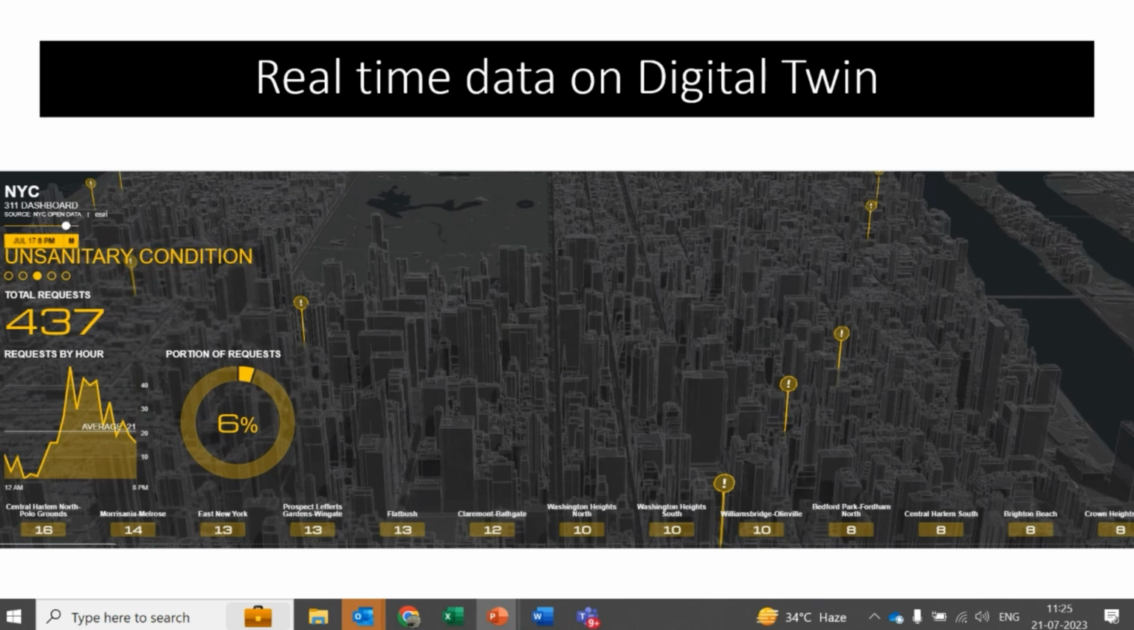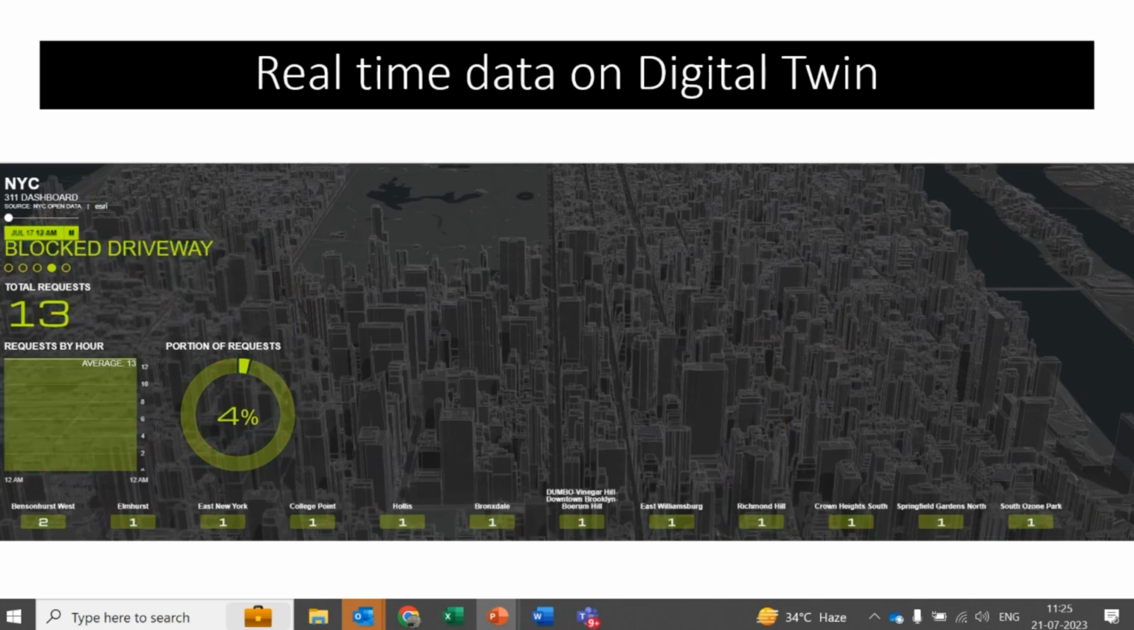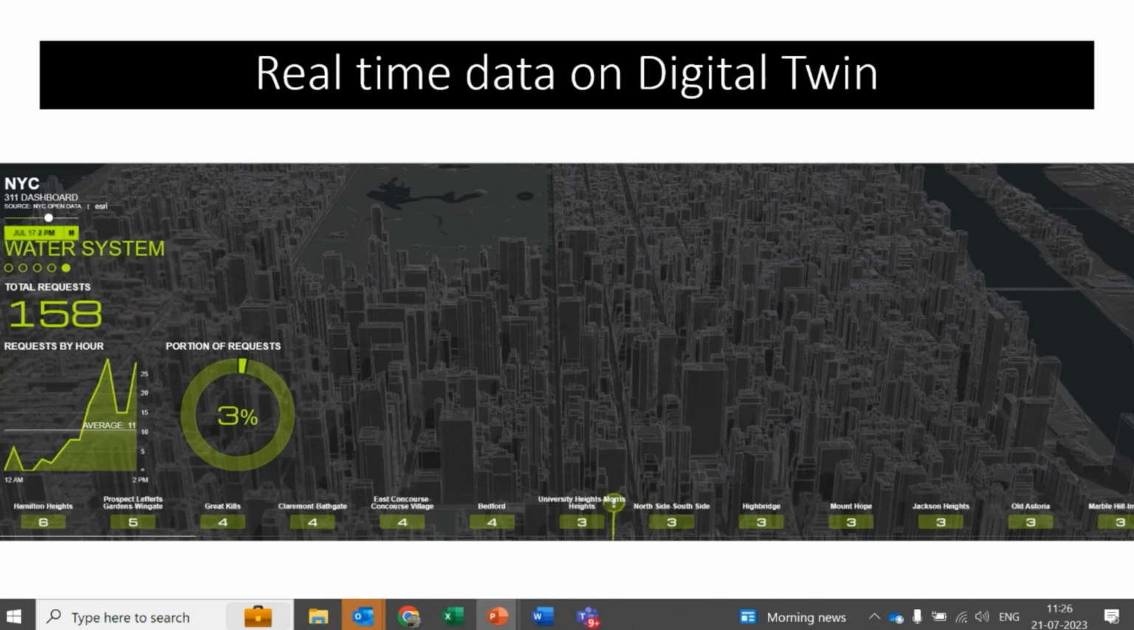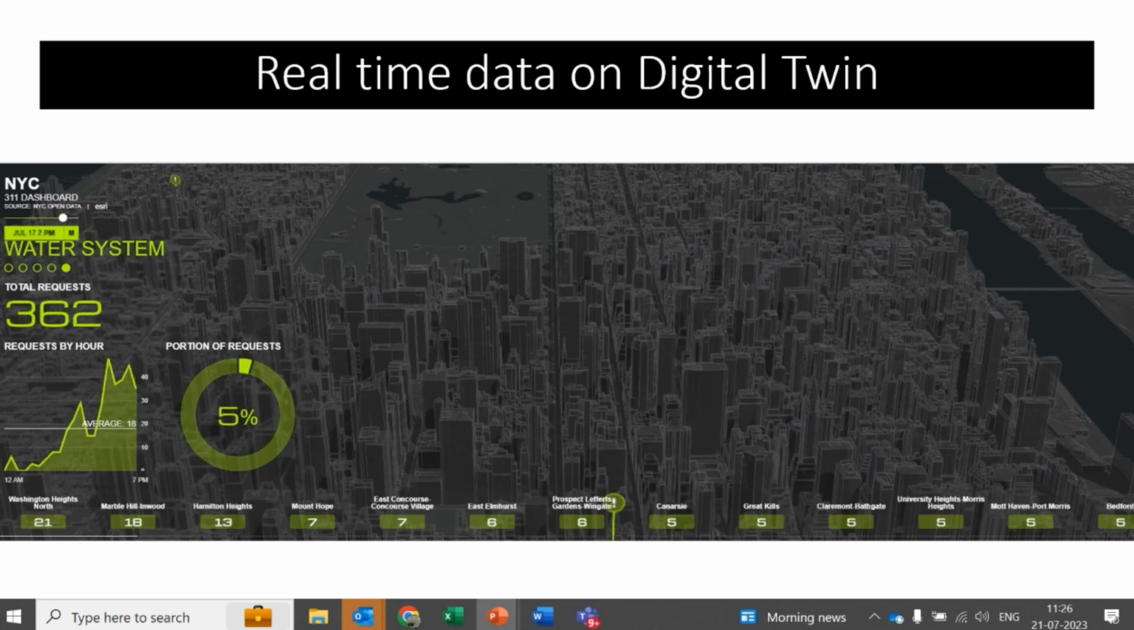You can locate where the complaints are coming from and which part of the city, how the things are changing. Then blocked driveways, it is again coming from the cameras, where the driveways are blocked and people are complaining about it. So this is how it is changing. And then water systems. So water system complaints, where they are coming from during which part of the day. And you can see that this changes, and you can also have them in different types of chart visualization, how many requests are coming, and you can